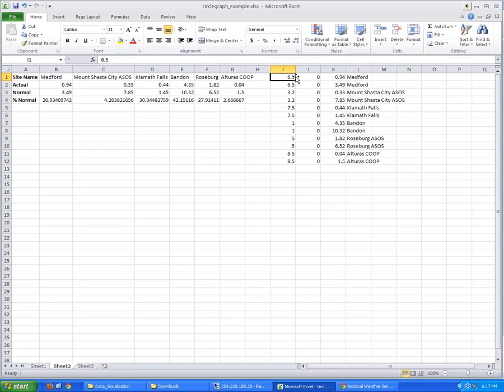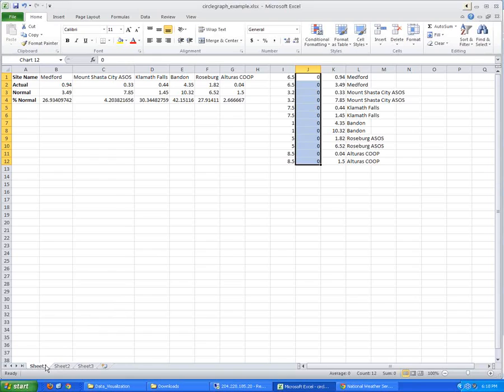But basically, here you can see Medford, you have the actual and then normal. Mount Shasta City, actual, normal. Klamath Falls, actual, normal, and so forth and so on. This represents the value on the x-axis. I'm sorry, the y-axis. So you all want the bubbles on the same